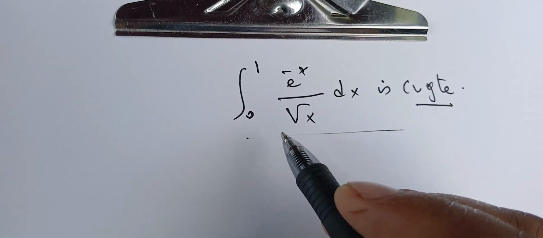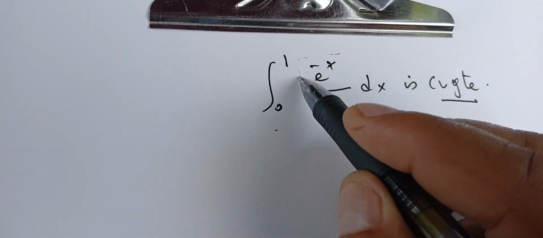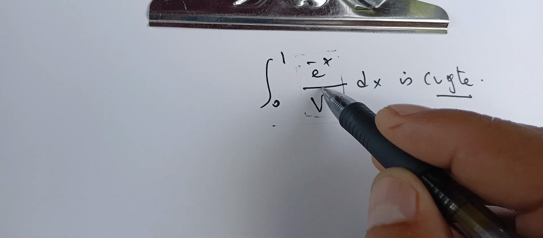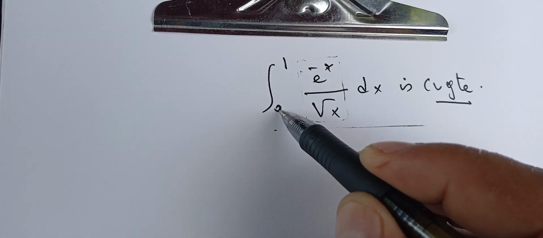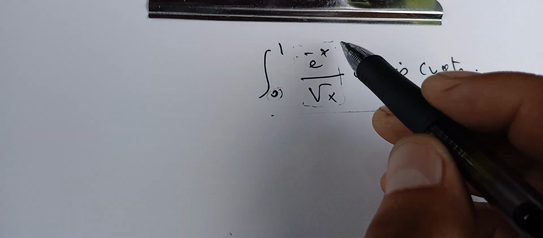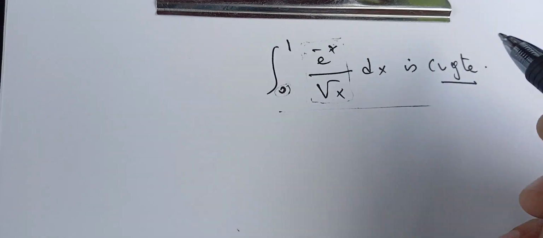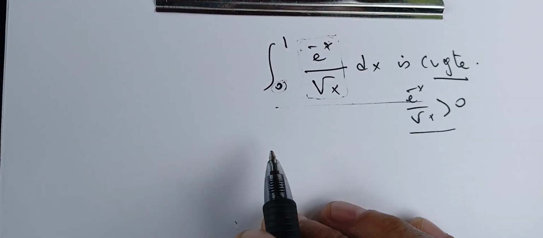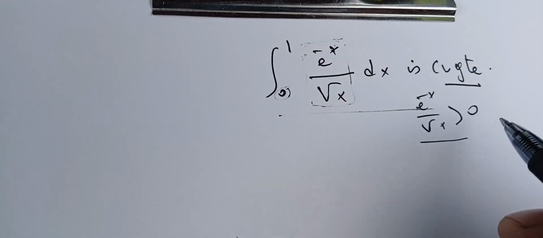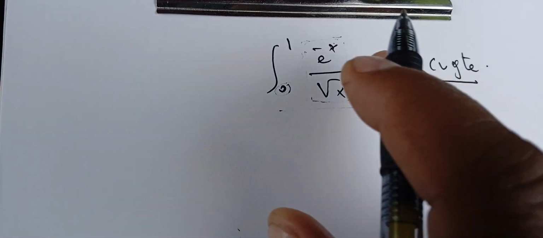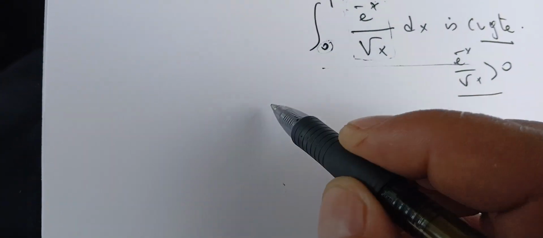The first thing that we need to notice is that we need to check our function. This function is having a problem on 0, and we are integrating on 0, 1. Therefore, we have a problem here on this 0. The second thing is that this function is positive. e to minus x over square root of x is always bigger than 0, because it is the ratio of positive functions. So we have a positive one,